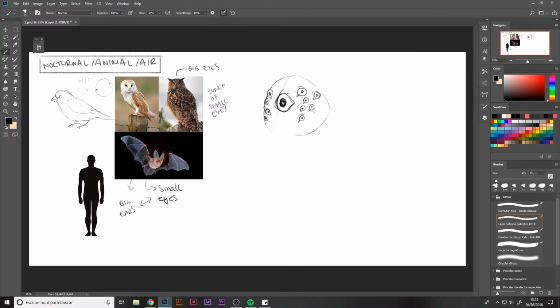So if we stumble upon more extremities with more eyes, more ears, more tails, more mouths, well, the more we can exaggerate a species, the better. In this case, what I'll do is start from the structure of an owl in order to then include some of the bat's features. For example, the small eyes that cover most of the skull, and then I chose the beak